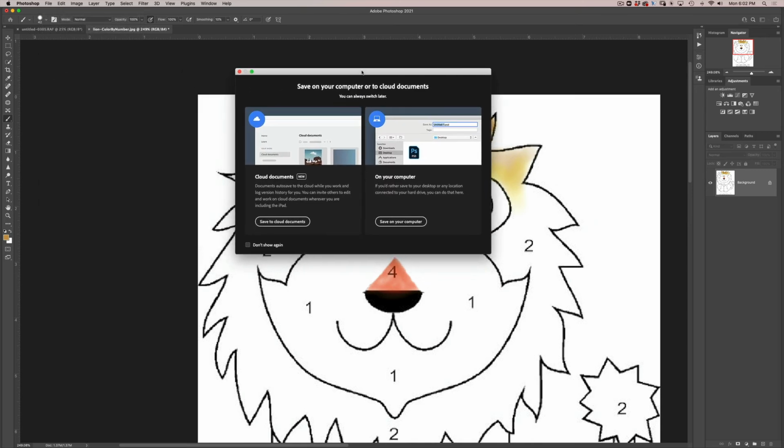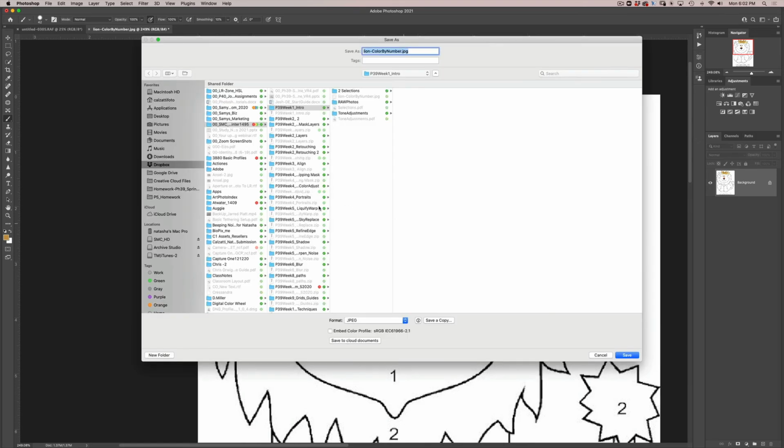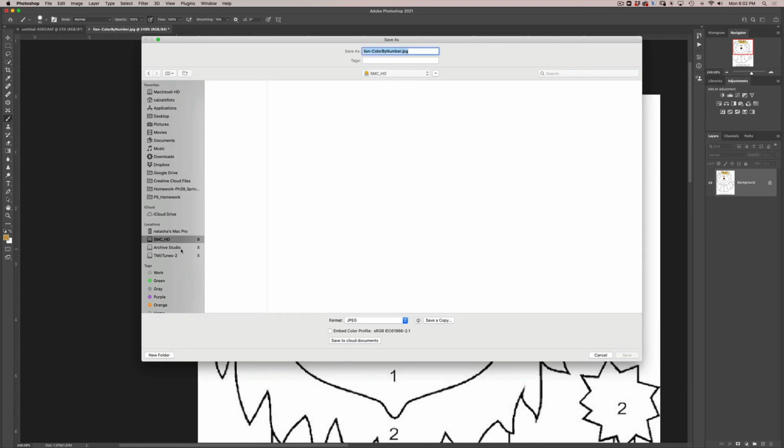Okay. And if this pops up, always save to your computer, don't save to the cloud. And in fact, you probably should click on don't show this again, but I'm going to leave this. And I'm saving to my computer, and I'm saving it to an external drive in my case. And I have a folder here called Photo 39 and Week 1 Participation. I already created this folder ahead of time, and I'm going to add